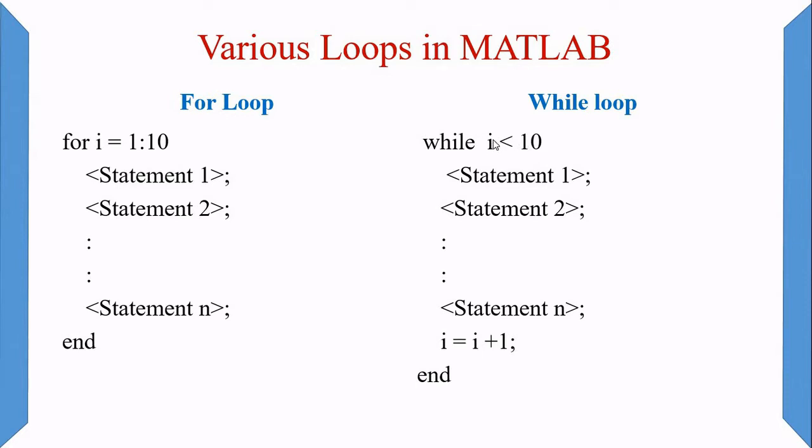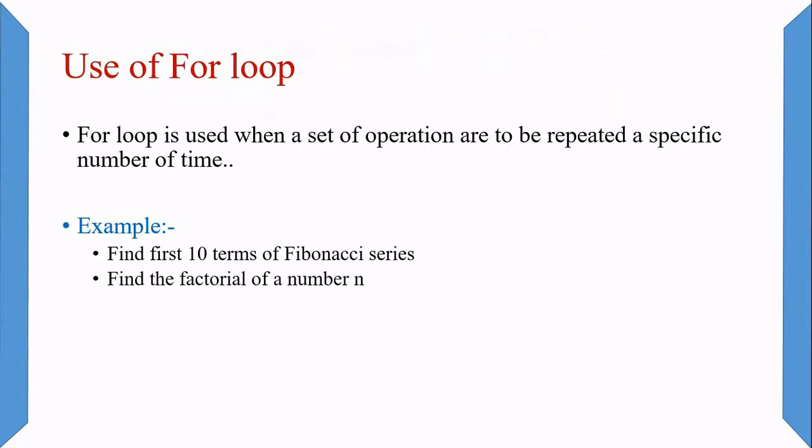So right now, as we can see over here, the value of I is going to change from 1 to 9. After the value of I becomes 10, the loop is going to be closed. So we can say that the while loop is going to be performed 9 times. On the other hand, the for loop is going to perform 10 times. If we need to change the number of times, we can also write less than or equal to, then it is going to perform 10 times. It is as per our application.